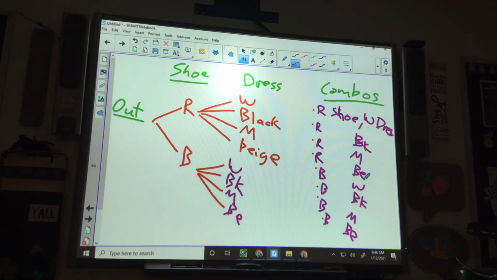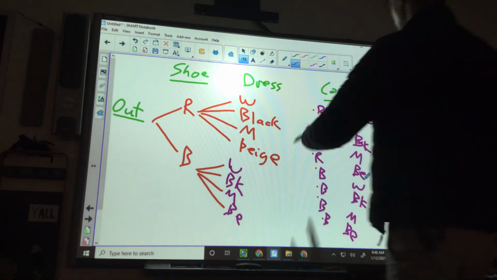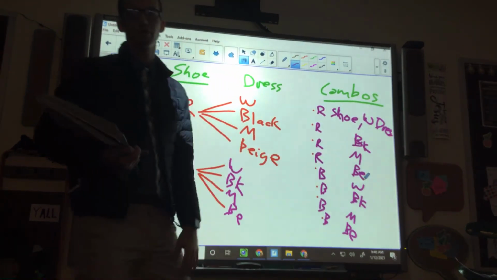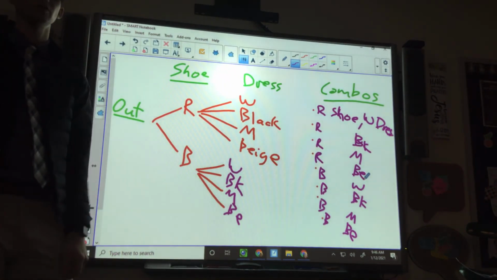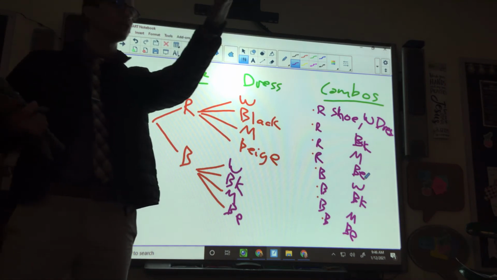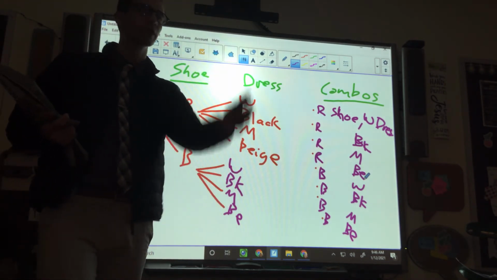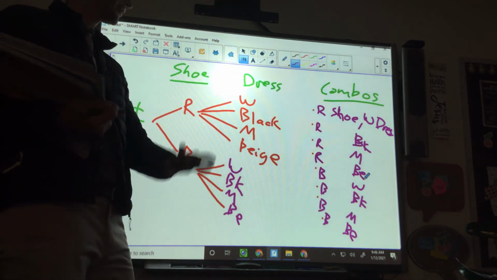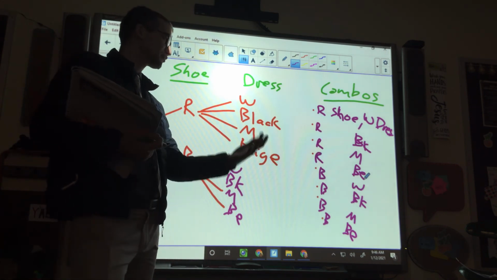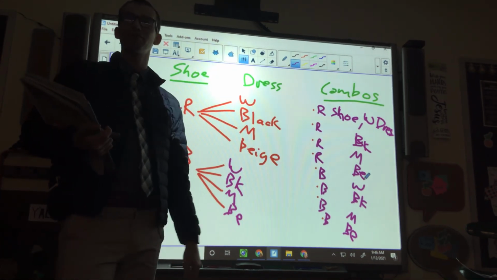Gotta write down red shoe, white dress, or our shoe, white dress, so that you know what the combinations are. I mean, if you're going through, let's say your name is Weira. I don't know, that's a common name. Let's say your name is Weira, and Weira's like, hey, I'm looking through my